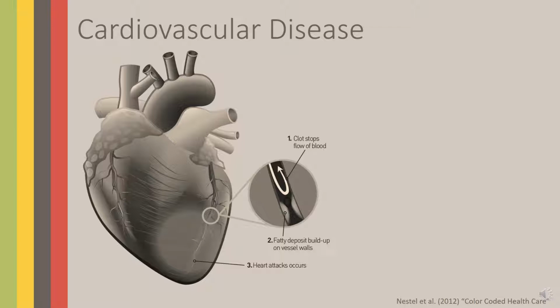For example, the South Asian populations in Canada have the highest rate of ischemic heart disease, which is defined as a lack of blood flow and oxygen to the heart muscle. This condition is caused by narrowing of the arteries, causing less blood and oxygen to reach the heart muscle, which may in fact lead to a heart attack.